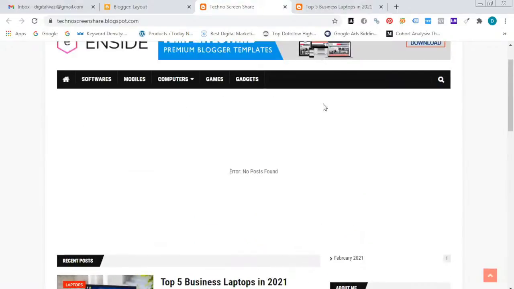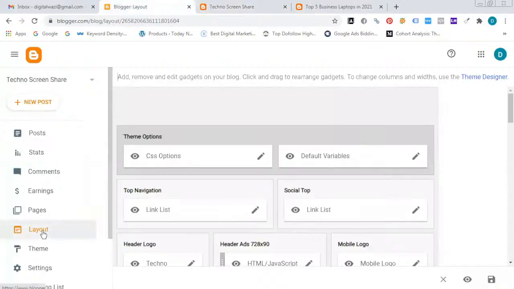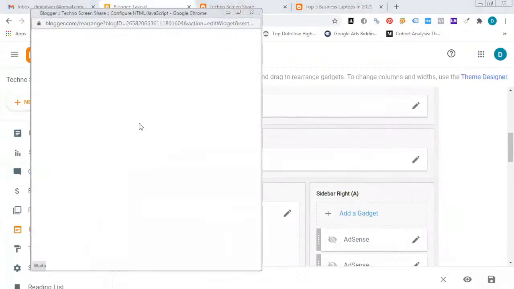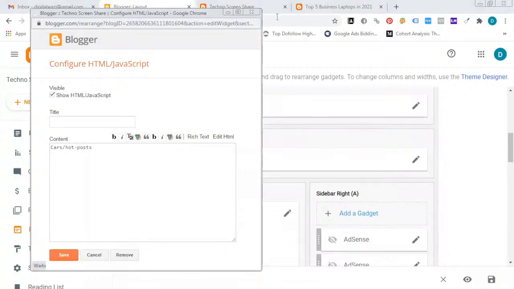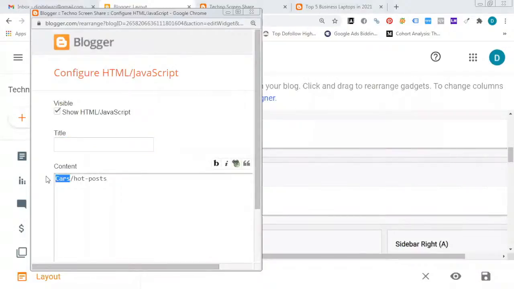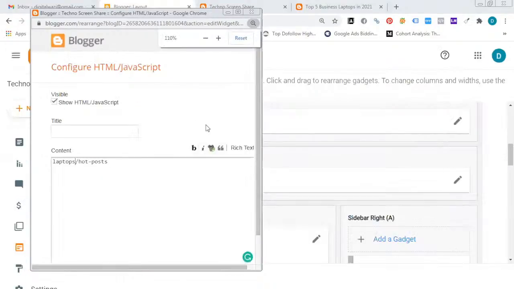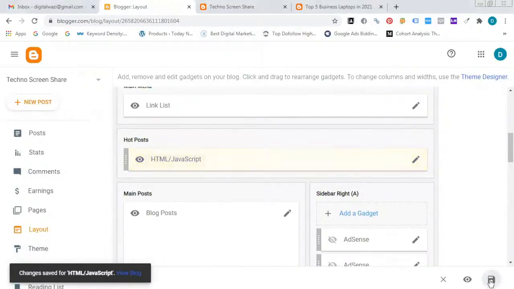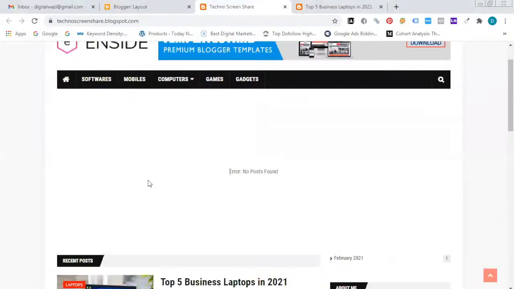I want to publish the latest laptops information. In this layout, there is the option hot post. Just click on edit. See here, we already have an existing label name, cars. Remove the existing label name and add our own label name, laptops. Then click on save and again click on save and refresh your website.